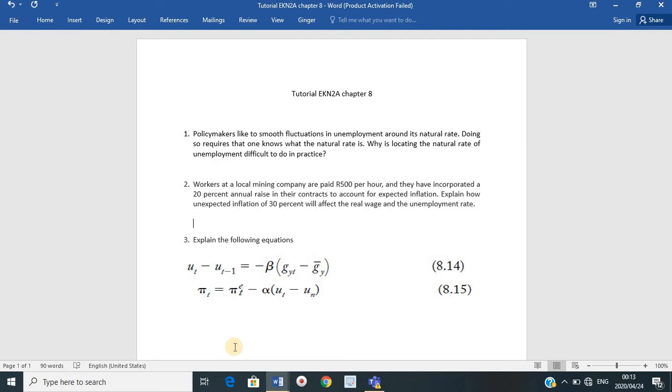Very good. Here we have something interesting, which is the expected inflation, all right? And we have this raise of 20%. This suggests that the wage setters, when they defined this annual raise of 20%, basically based it on the expected inflation. In other words, in that period, they expected inflation to be 10% or 15% or roughly 20%, all right?